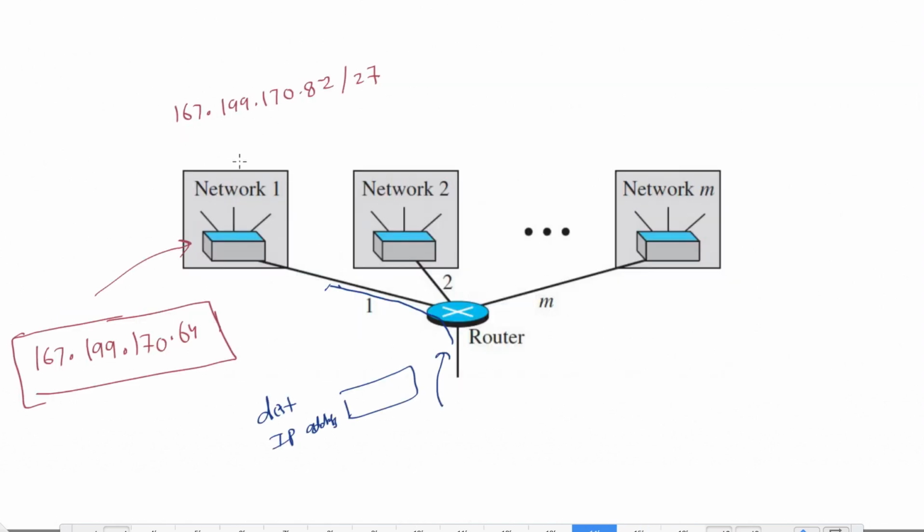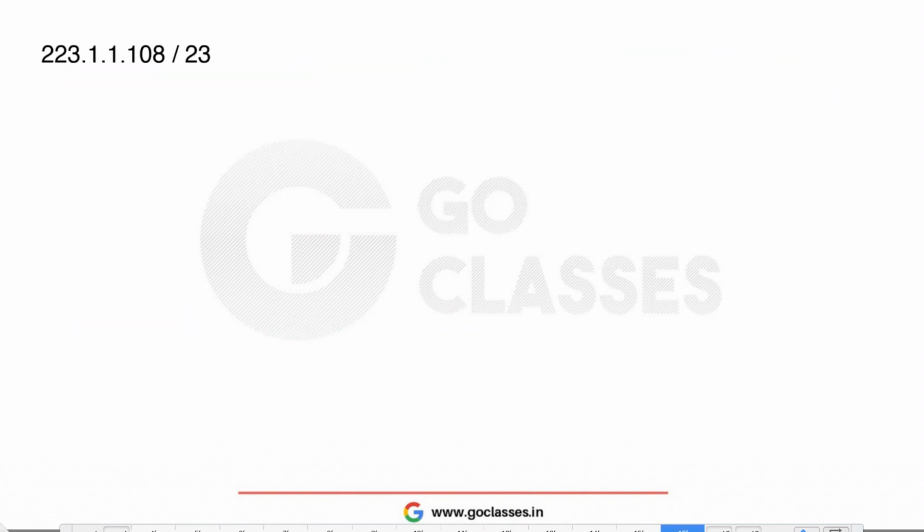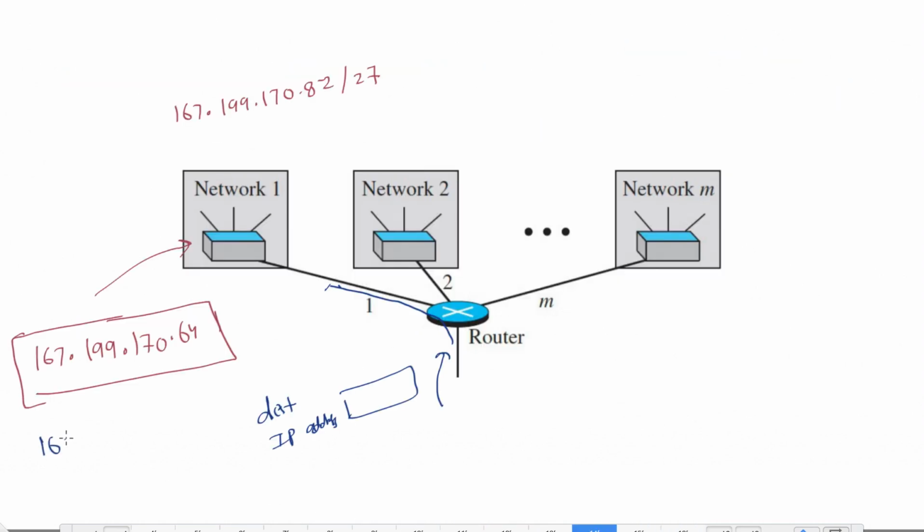So for this network, what will be the directed broadcast address? It will be the last address of this network. And what is the last address? The last address was, I think, 95. Sorry, so it is 167.199.170.95. This is the directed broadcast address